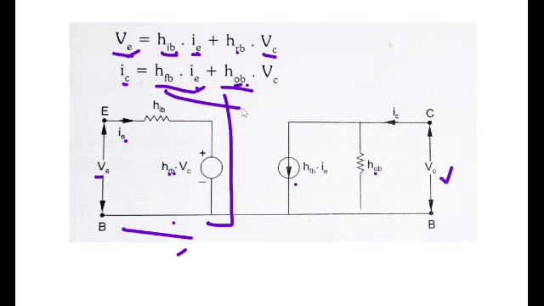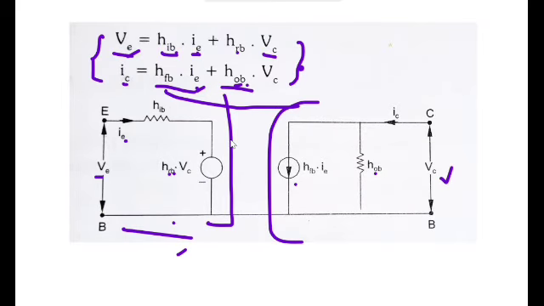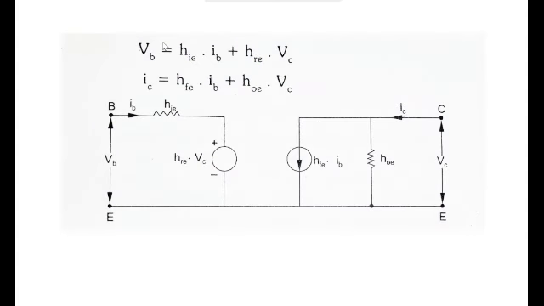We know that this equation also satisfies the second network, and completely with these two equations we can arrange the circuit. So here the base is common, and this is a common base configuration. Next we will go to the common emitter configuration, and let us see how it is configured.